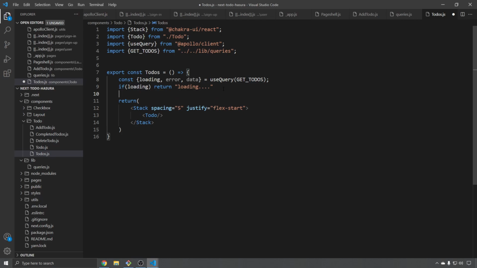And then otherwise we can just do if error, return a div and then the error. Certainly not production ready, but it will do in our case. Then what we can do is say, okay, we know that maybe something has come back, but maybe nothing comes back. So we want to do data?.todos?.map(todo), and then inside of here is where we can return todos. So take this, drop it in here,